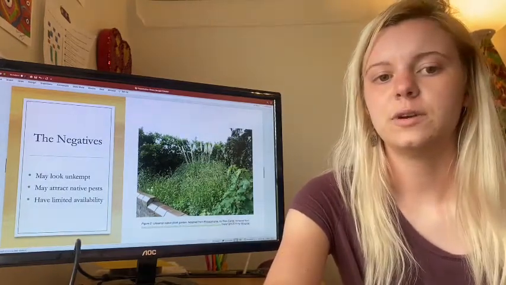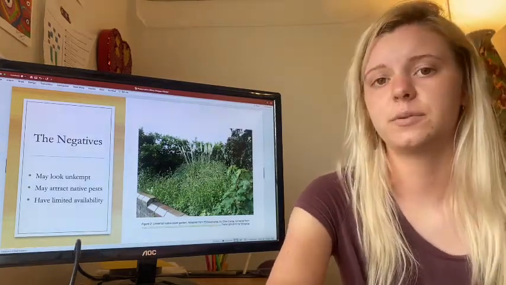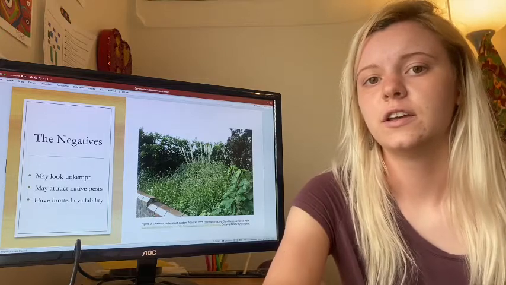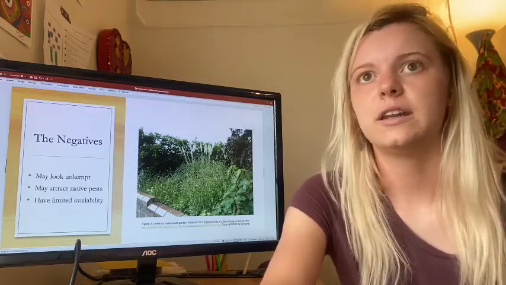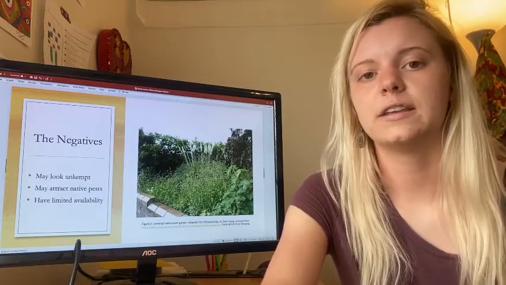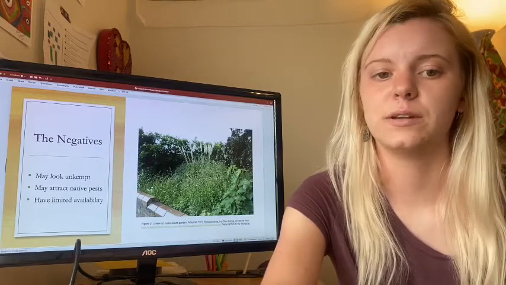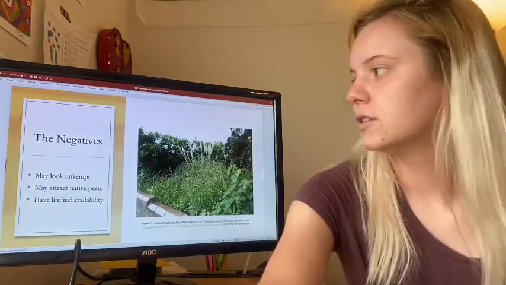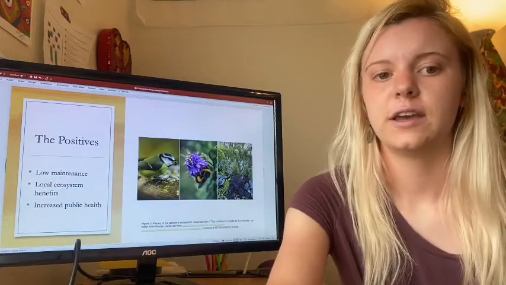So the other issue with native plants is that they have a limited availability. Since they're pretty popular within the nurseries, they fly off the shelves pretty fast, and since there aren't that many native plants to choose from, they are high demand and low supply, so they tend to be pretty expensive as well. So let's move on to the positives of native plants in designed landscapes, and that is that they are